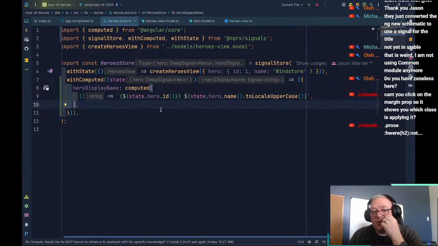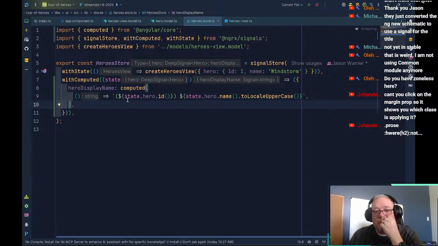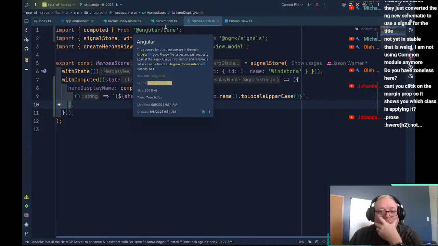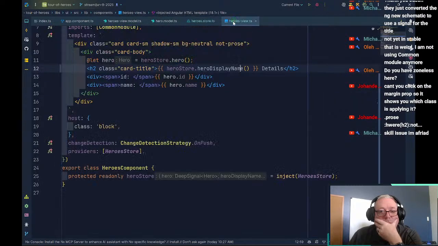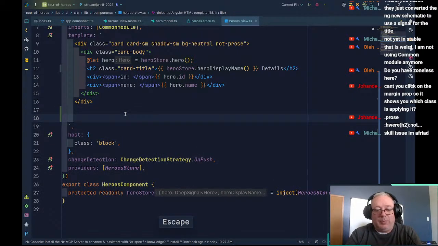Our hero store has the ID. It is computed. I want to see, if I do a pre here,